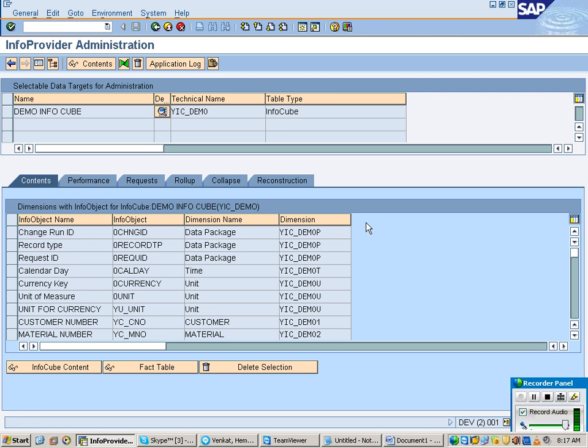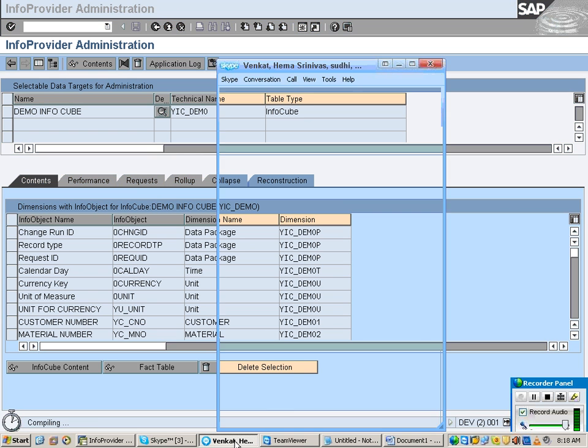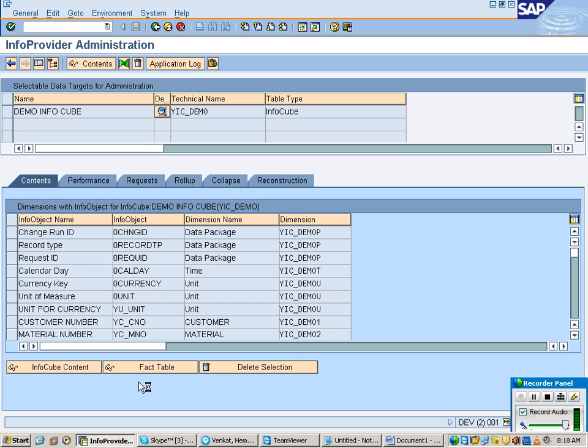So when you say fact table, that is how exactly data is stored inside my cube. What did we say, how is data stored inside your cube? In the form of dimension IDs and key figures. Even though you loaded C1 M1, the storage is in the form of dimension IDs. So the fact table I have shown you, right? So let us say I am clicking on fact table. This is how exactly data is stored in the database.